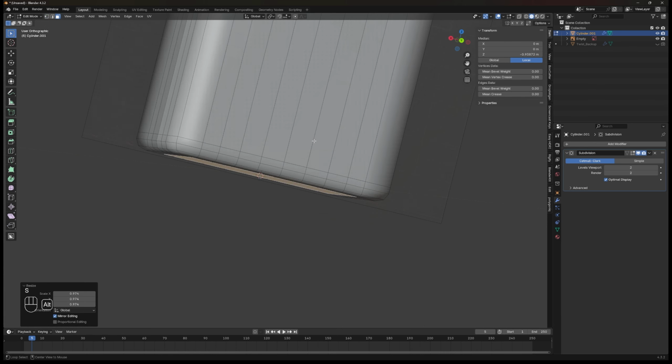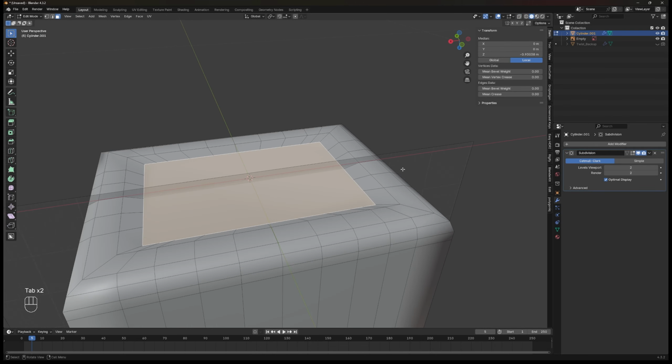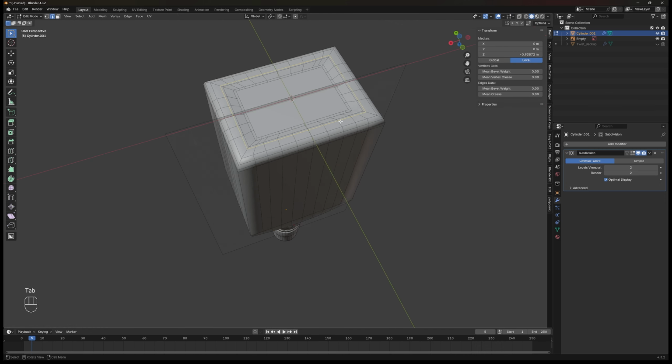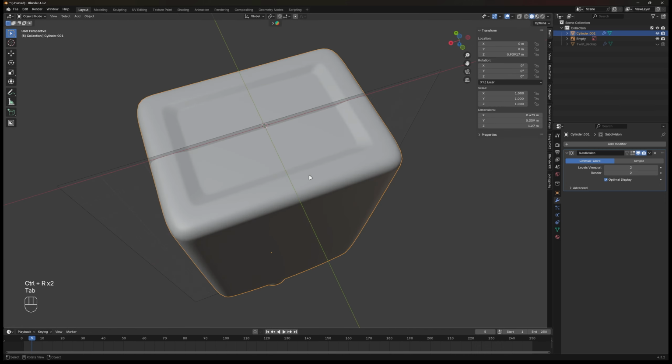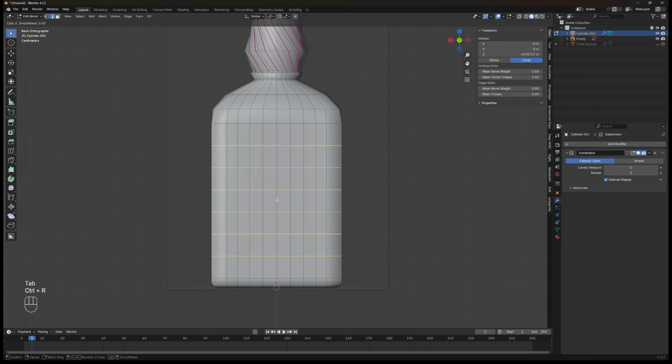Now move to the front view. Extrude it to the top and scale it to create a small seam. Insert one more face on it to make it more sharp, or you could just place a loop cut near to the seam. Now back to the front view and place a 6 loop cut on the bottle body, then scale it a little on the z-axis.